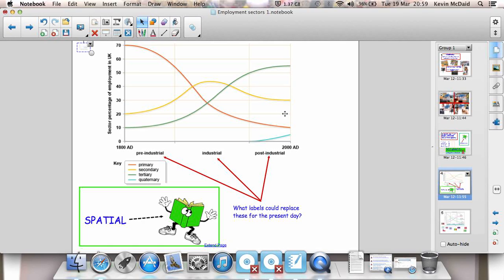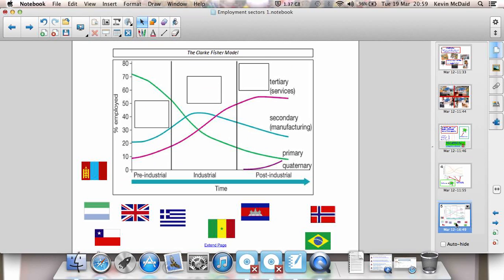Now, the key thing here is that employment structure changes over time, but it also changes spatially as well. Depends on where you are in the world. Be you a rich country, be you a poor country, your employment structure is going to reflect that. So we did this very quick exercise here on the Clark-Fisher model. So important that you remember the Clark-Fisher model and that you can identify it in an exam so that you